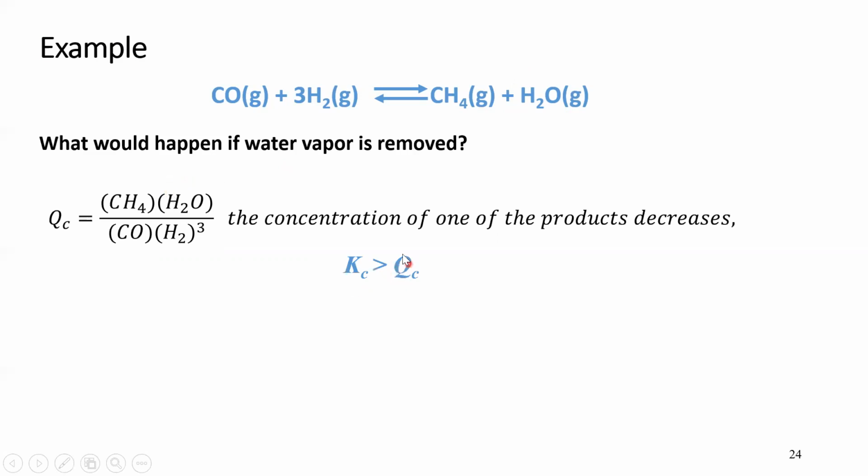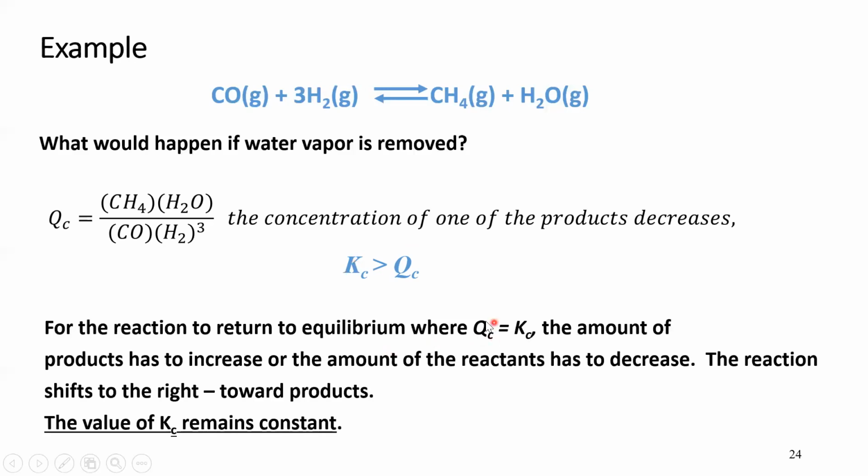It would decrease Q. Q will no longer be equal to K and the system's not at equilibrium anymore. And the system's going to want to reestablish equilibrium. That means Q is going to have to get bigger in order for it to equal K again and reestablish equilibrium. So in order for us to get back to equilibrium, the system is going to have to shift towards